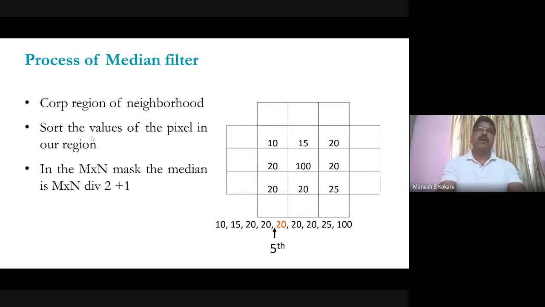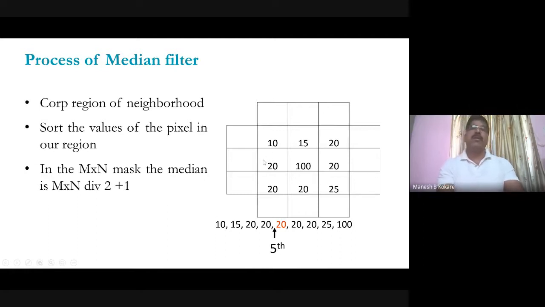So see that. For example, this is your original image, and what you have to do is consider this window. You have to arrange the pixels. See, this is the pixel under consideration, right? You know that most of the pixels have intensity either 10, 15 or 25 maximum, but only this pixel has intensity equal to 100. So this can be considered a noisy pixel in this area.